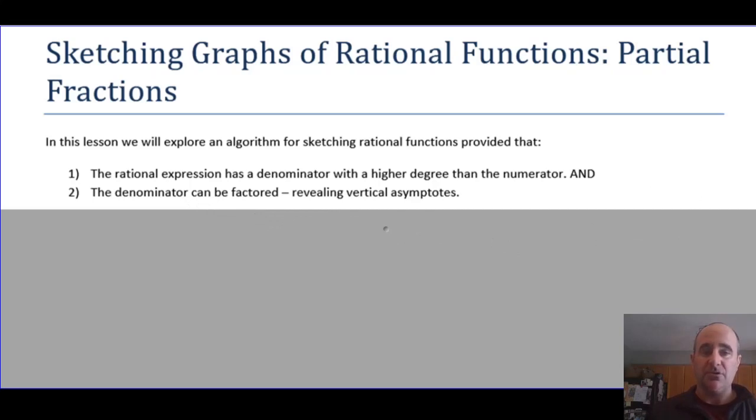Now keep in mind, we've looked at rational functions where the numerator is the higher degree, in which case I recommend using long division to break it up into a sum of functions, which usually reveals some strange end behavior asymptotes like oblique asymptotes or even a parabolic asymptote. We've also looked at when the numerator and denominator of the rational expression are both linear expressions. We looked at how to do that. We also divided in that case. So now we're finally on to the case where the denominator has the larger degree. So we're going to look at two examples, and let's get started.